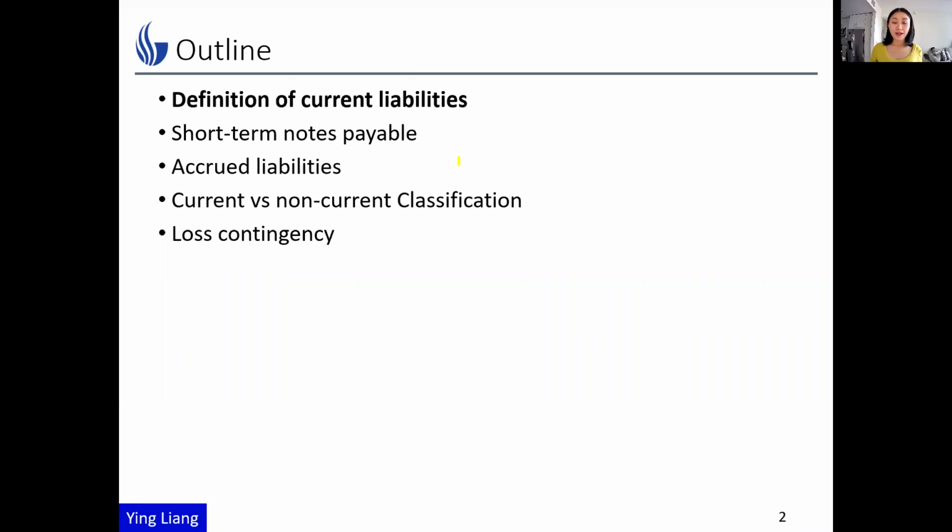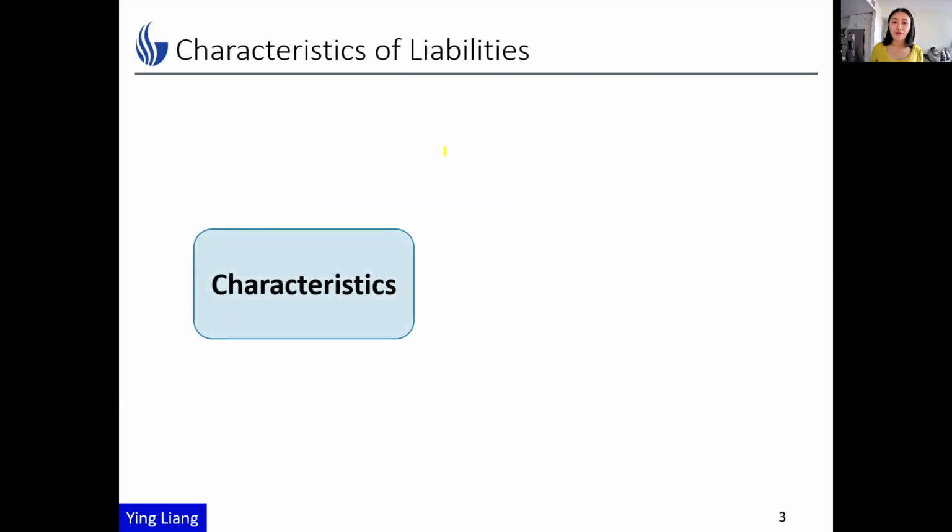So when we talk about current liabilities, let's stop for a while and think about the characteristics of a bigger category, liabilities. What is the first example that comes into your mind? Probably loans or notes, right? These are the most common type of liabilities, and they represent that we're going to pay cash in the future. And then the amount as well as the timing of this cash payment are specified in a legally enforceable contract,